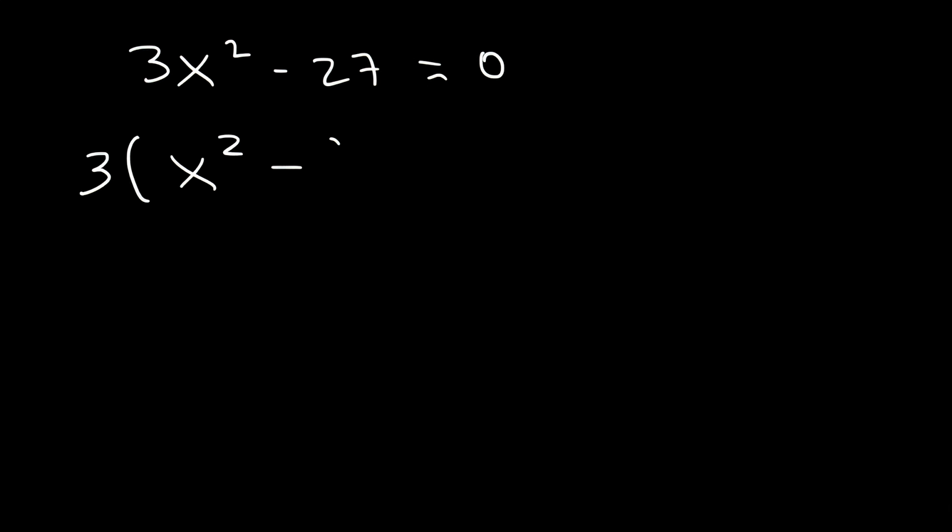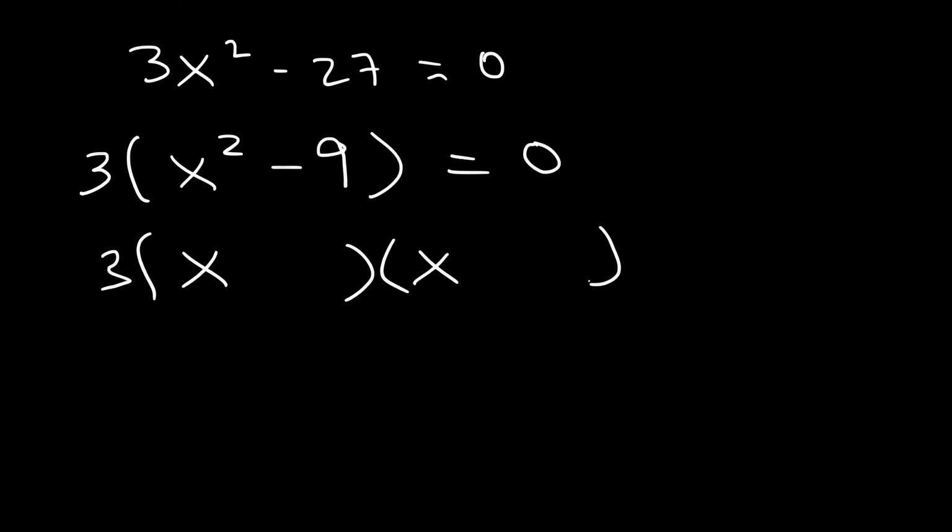Let's try some more examples. Now what about this one? 3x squared minus 27. What is the value of x? Notice that we can take out the GCF, which is 3, and we'll be left with x squared minus 9. So we have a difference of perfect squares. So to factor it, the square root of x squared is x, the square root of 9 is 3,